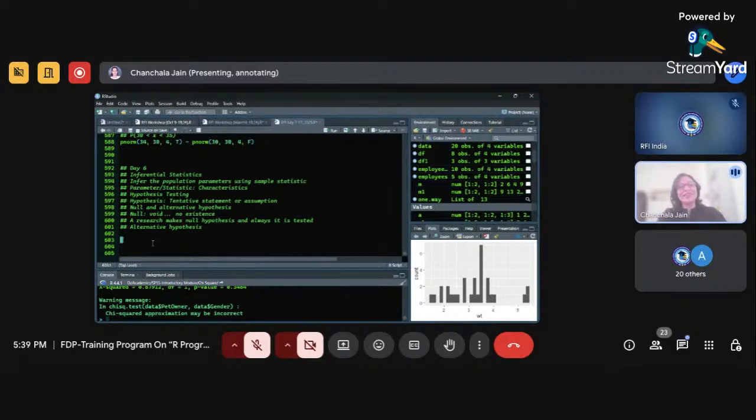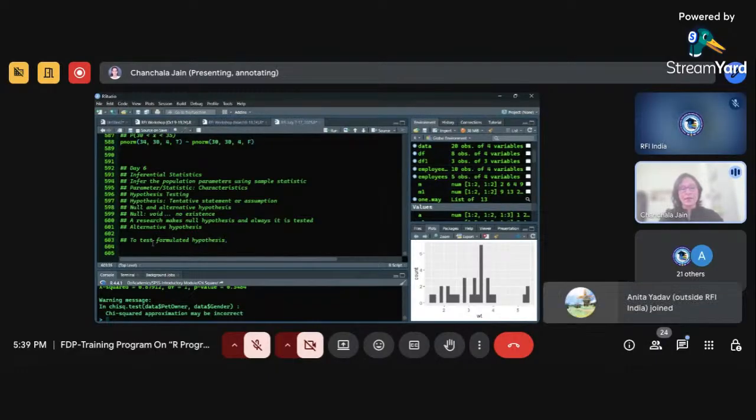So till here, if everything is clear, we are moving ahead. Now, when we want to conclude something about the population, we formulate the hypothesis, right? Usually any hypothesis a person can formulate, but testing will always be on the null hypothesis, right? So to test a formulated hypothesis, we have statistical tests,